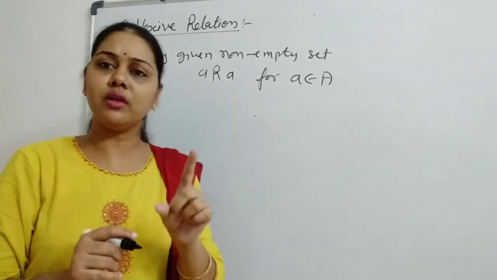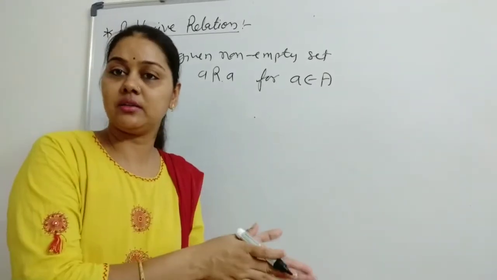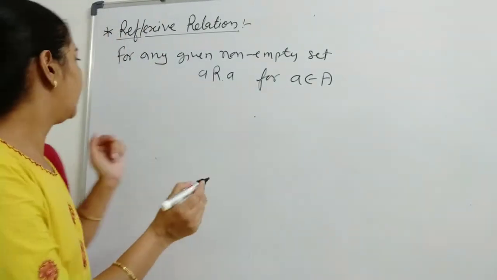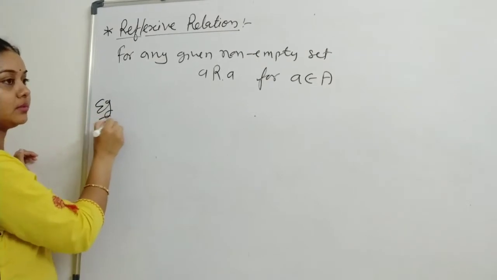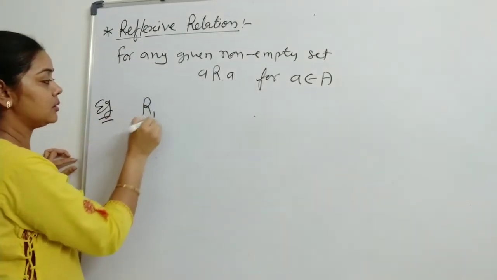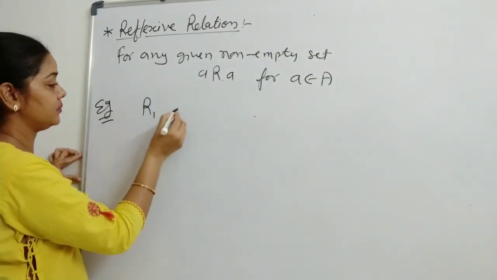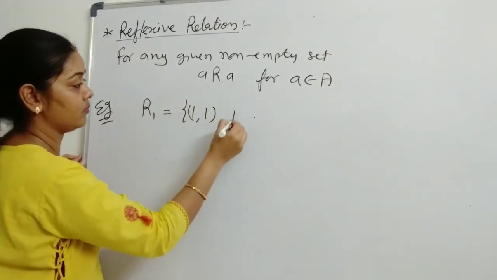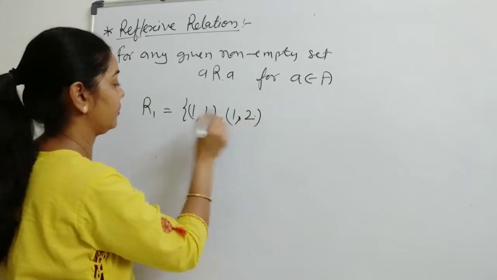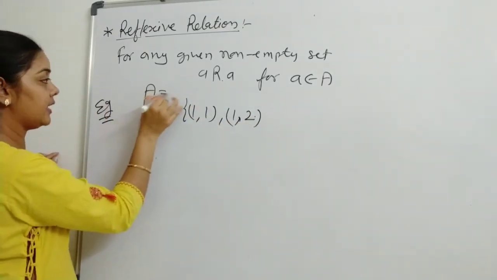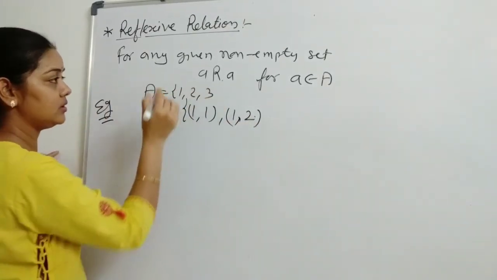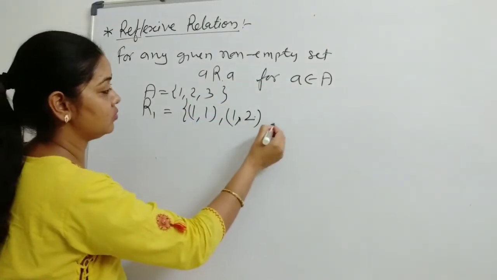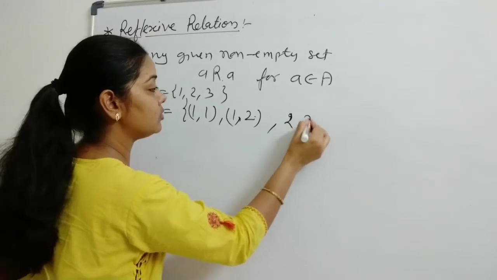Remember that there is only one difference between reflexive and identity relations. First, look at some examples. Suppose this is given R1. For any given set A, this is having 1, 2 and 3. And R1 is (1, 2), (2...